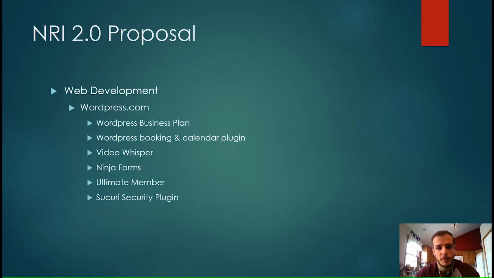And for the NRI proposal, the web development team decided to use WordPress.com. We chose WordPress because A, it is a simple to use website. It allows users to make professional looking websites without putting a lot of confusing work into it, worrying about the HTML code or anything like that. And additionally, it is very adaptable. So say if the proposal gets accepted and YSU gets to start working on this,